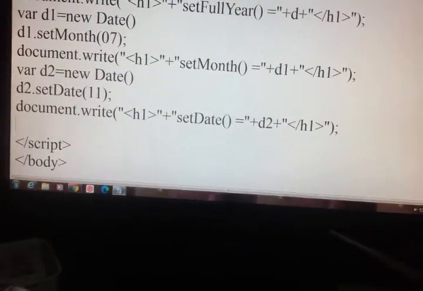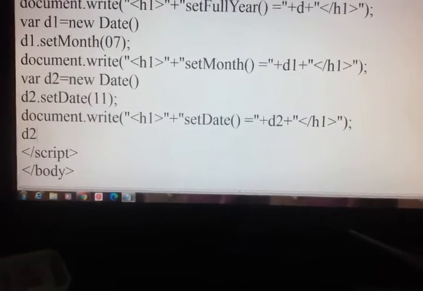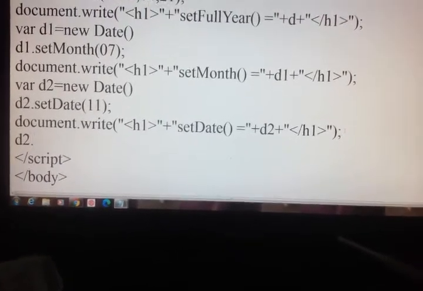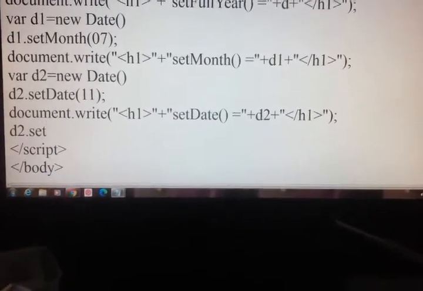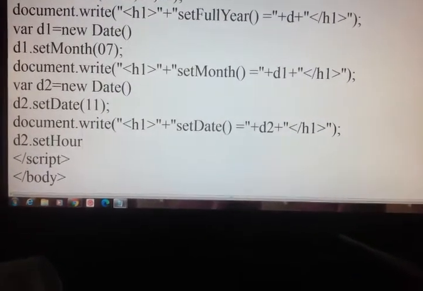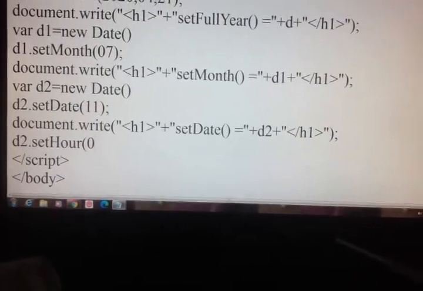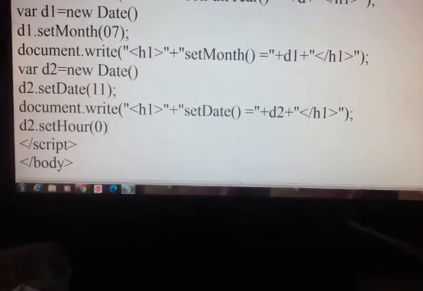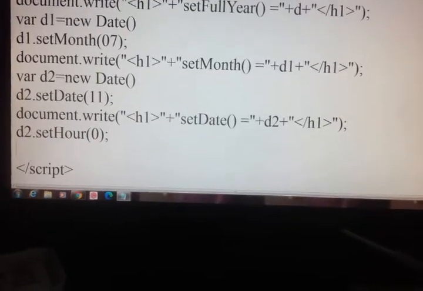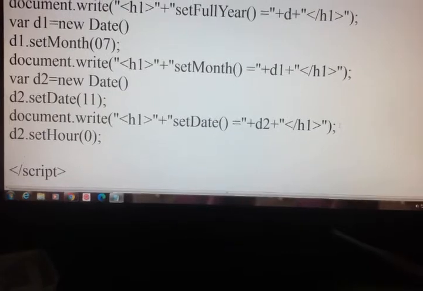Just D2 dot set hours. Just use 0. Then I'll just copy paste.